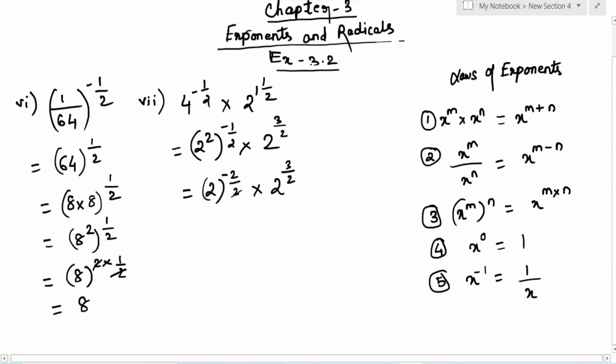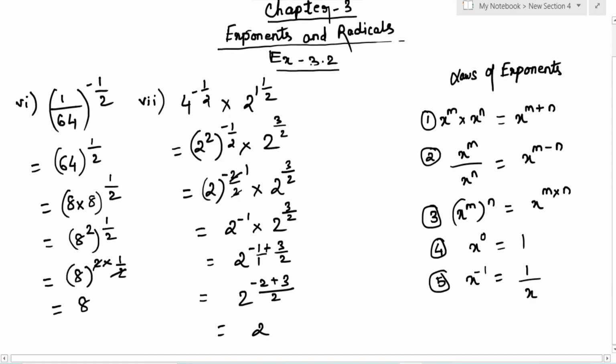Now here you know that 2 ones are 2. So in the next step we are having 2 to the power minus 1 into 2 to the power 3 by 2. Now the base is same. So the powers will add to each other, minus 1 plus 3 by 2. Here there is nothing under 1, meaning 1. So we will take the LCM as 2. 2 ones are 2. 3 ones are 3. And 3 minus 2 is 1 by 2. And 2 to the power 1 by 2 can be written as square root of